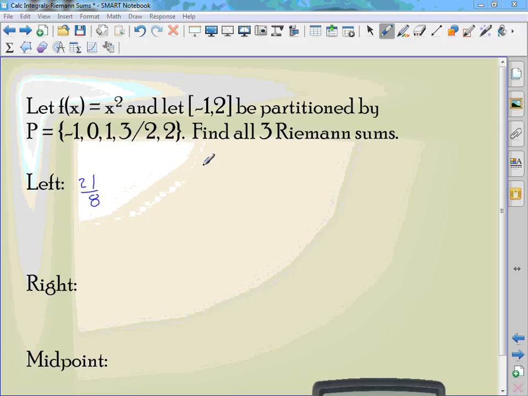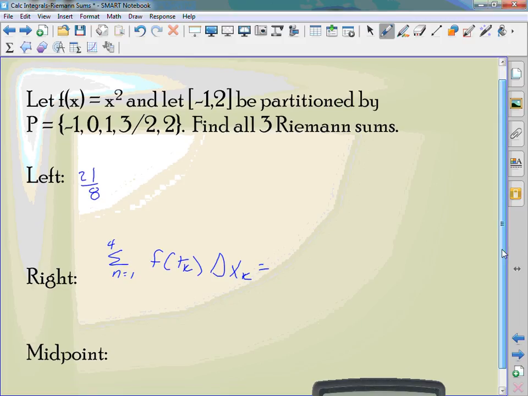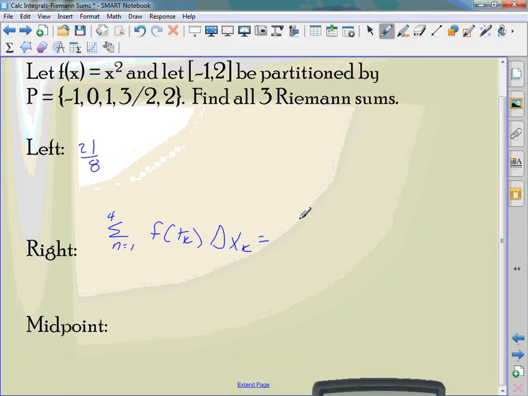Yesterday we went through and we found the Riemann sum for the left. Now we're going to see what happens for the right. Last time we started with -1. So it's a summation from n is 1 to 4, f of t sub k delta x sub k. All that's going to be f of